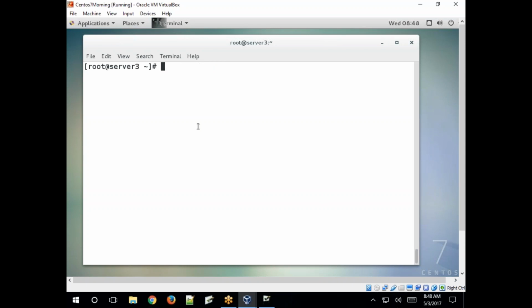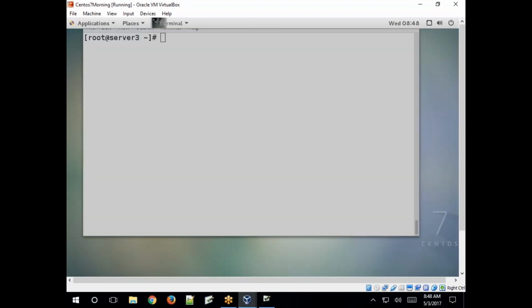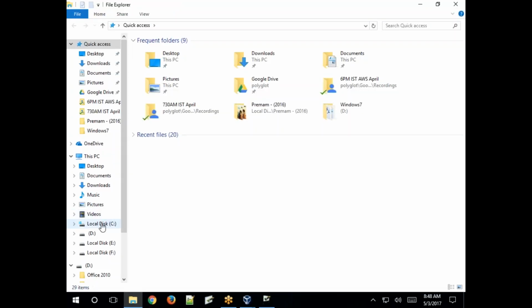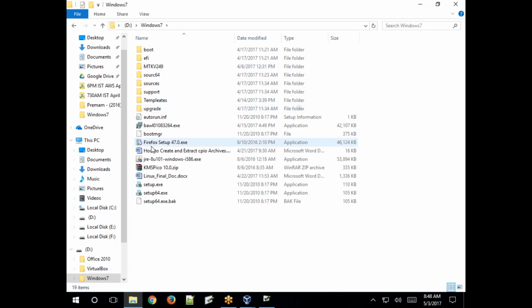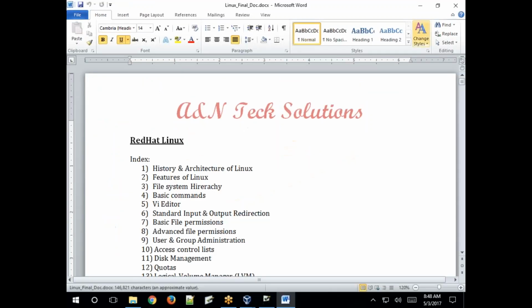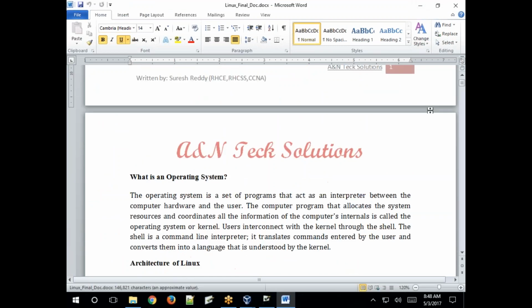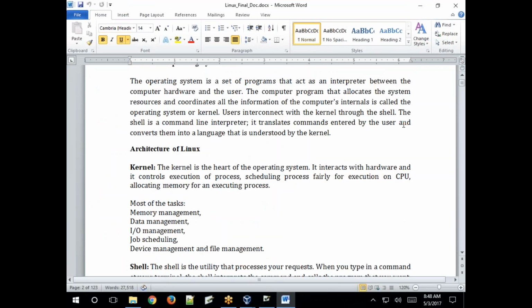What is that locate db file? I'll show you that.